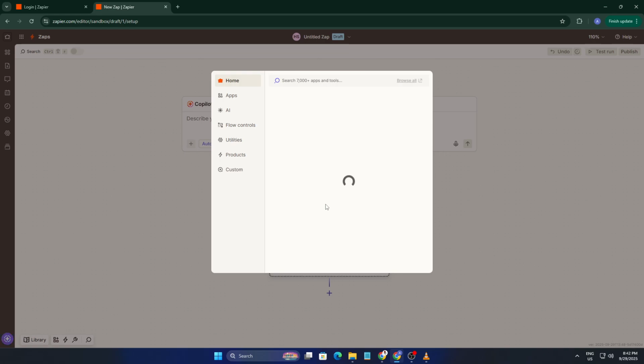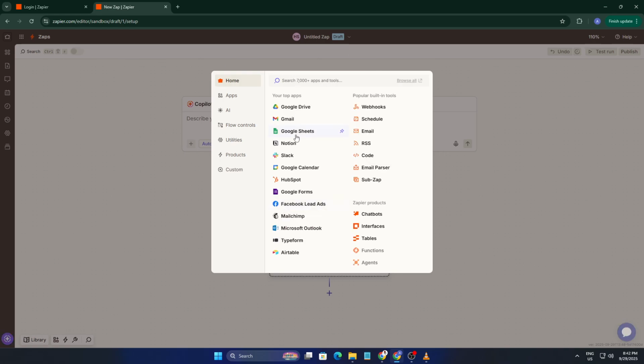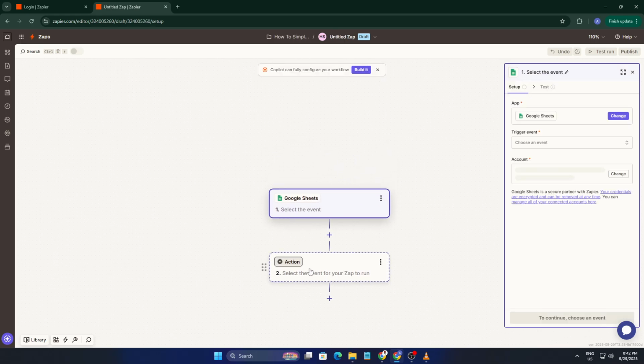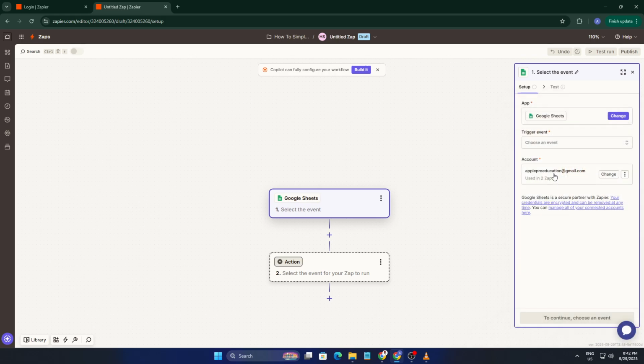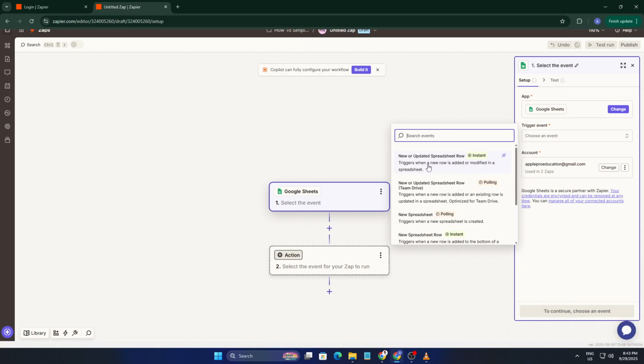For this example, we'll use Google Sheets. Select Google Sheets as your trigger app. Now choose the trigger event. Pick New Spreadsheet Row. This means anytime a new row is added to a specific sheet, Zapier will automatically fire the next step. If Zapier asks you to connect your Google account again, just confirm access so it can read